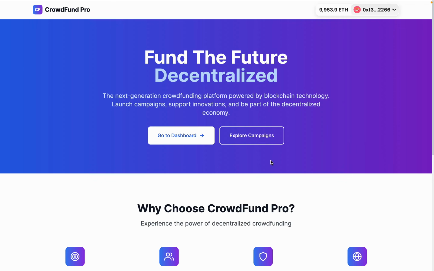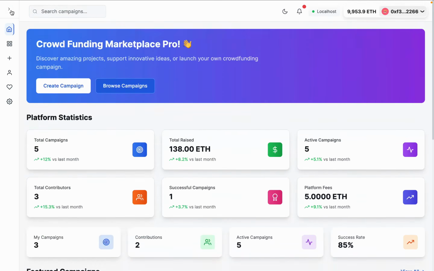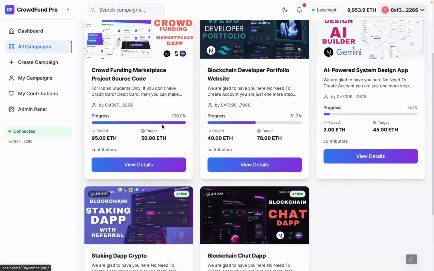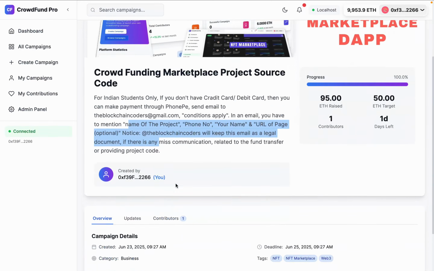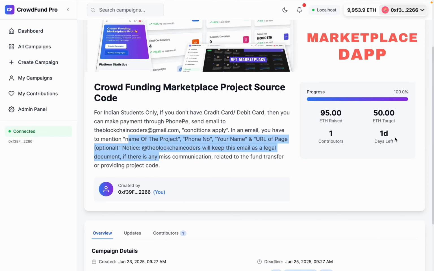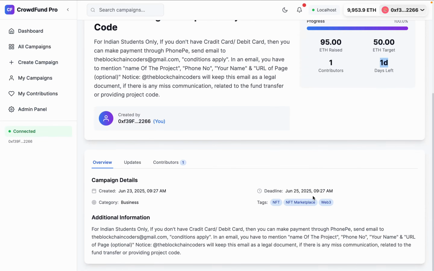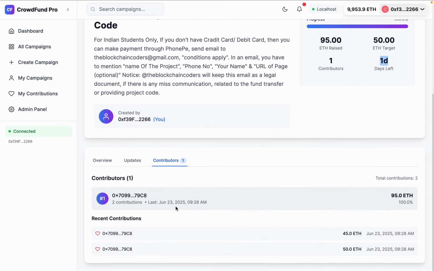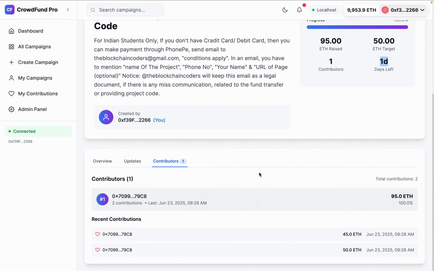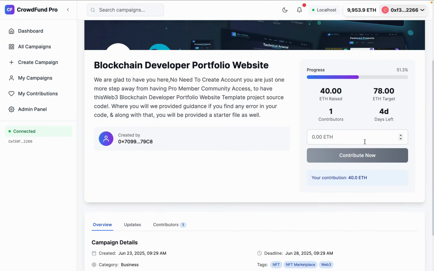In this project, you're going to launch your first ever advanced crowdfunding marketplace where you will allow users to create campaigns for raising their funds, and when they create a campaign, you're going to earn commission. So lots of business models we have included. Now let me give you a complete walkthrough of the features and functionality we have and how this